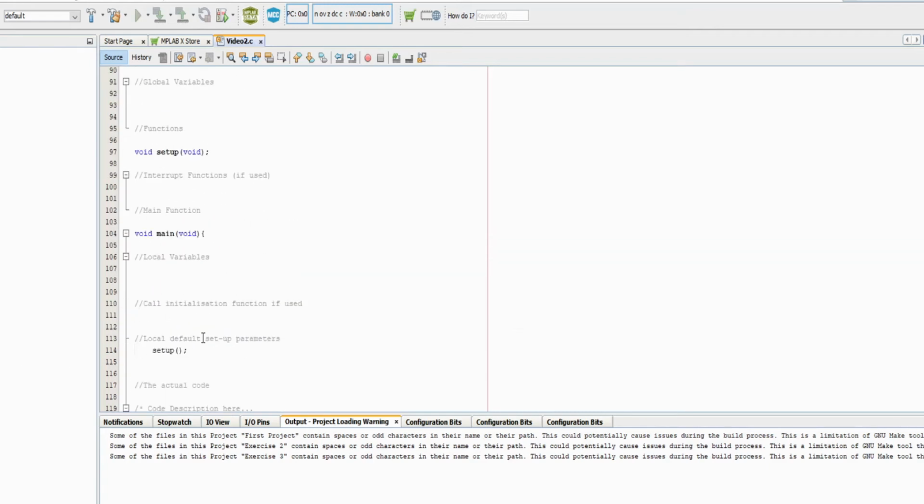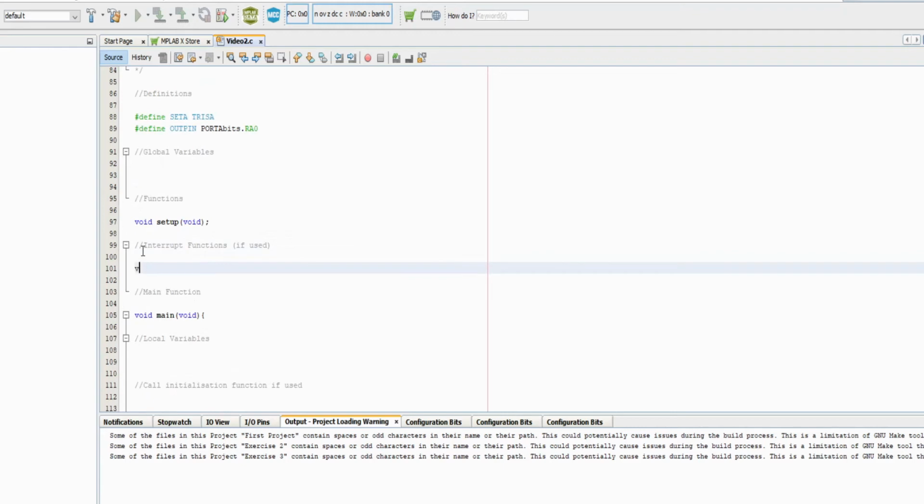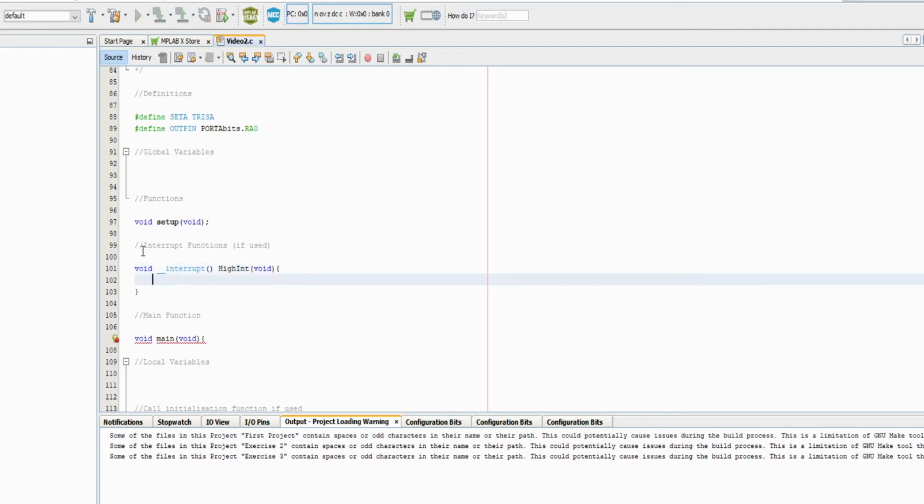Again, that was a big one that if you missed, there will be an error. Now let's write the interrupt. So void space low interrupt bracket high int bracket void close bracket squiggly line, enter, if